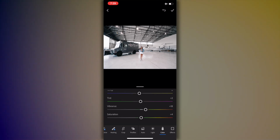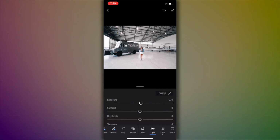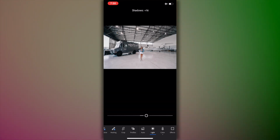Then what we're going to do is we're going to come over to our light tab. We're going to bring up the exposure just a tiny bit, let's say 0.10. Our contrast, we're going to bring this up to about +15. Our highlights, we're going to drop this right off and make it at -100. Our shadows, we're going to raise this to about